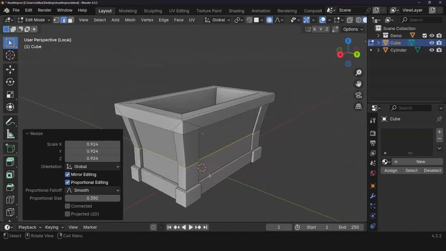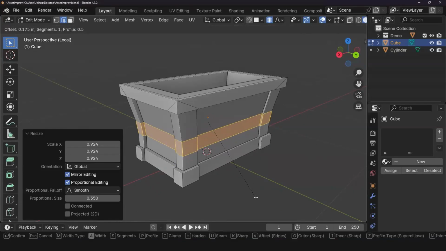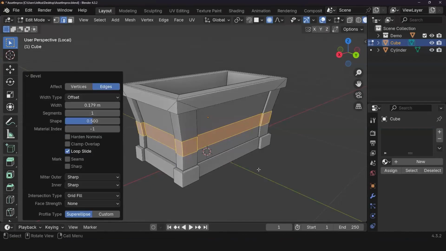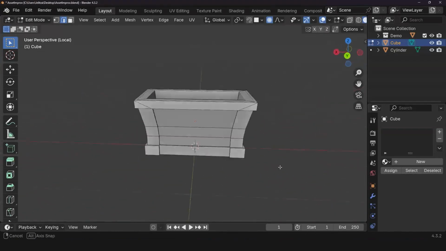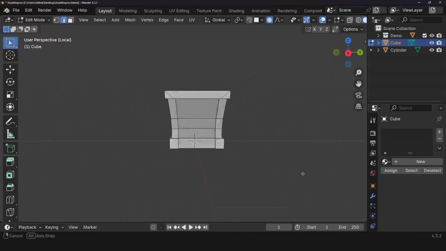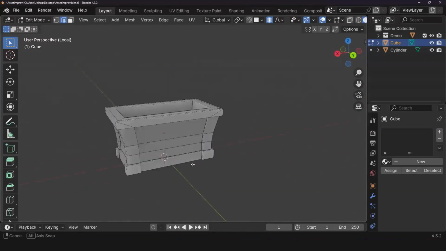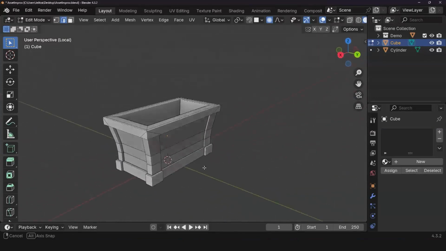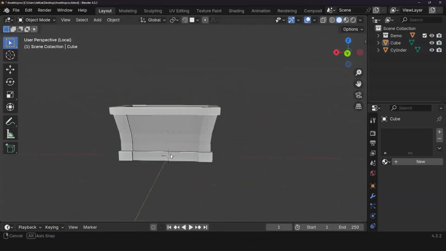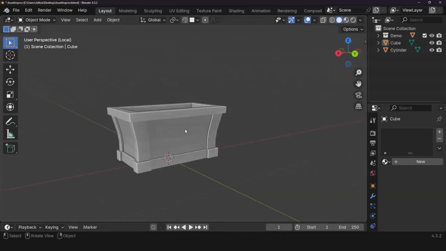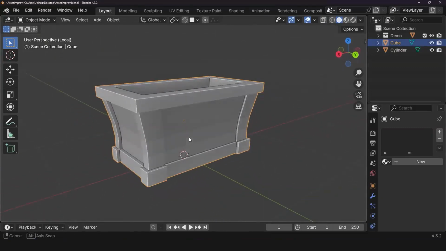If you want it to be a little more beveled, of course you could do Control B and give it a bevel. Now it has a bit of a smoother transition. You see? A little squeezed in. All right, cool. Now let's do a little more stuff. So for example, let's go back to our object mode. And of course, I put a little corset on it because why not?